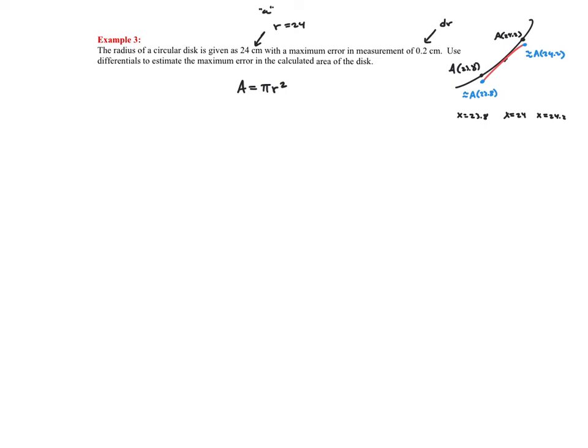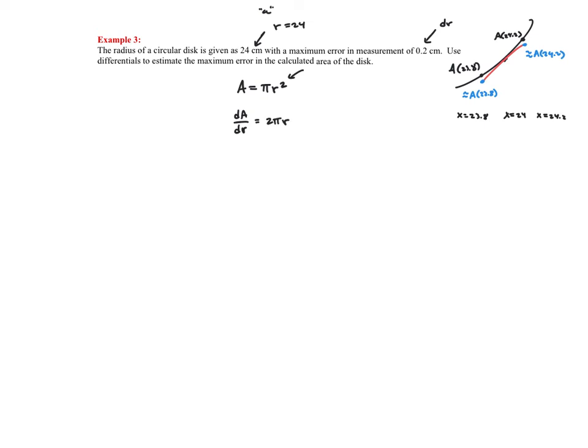And how did I know that curve would look like that? Well, this is a quadratic, which opens upward with a leading coefficient of pi, right? So what I'm going to do is find dA/dr. Because where is dr coming from? Well, when we take the derivative, to find the slope of that tangent line, I'm going to get 2